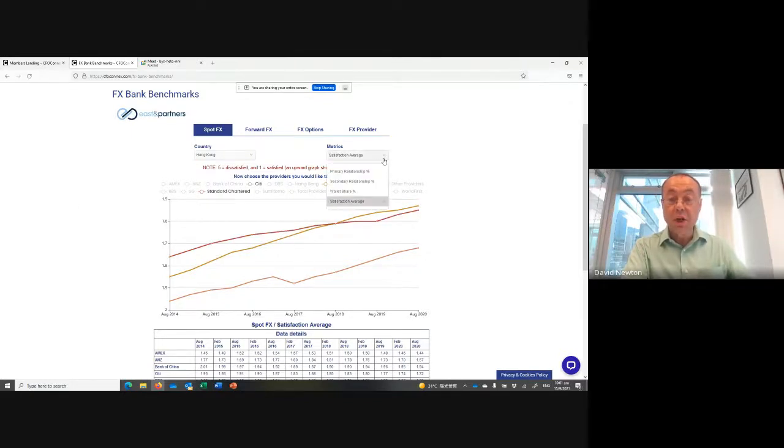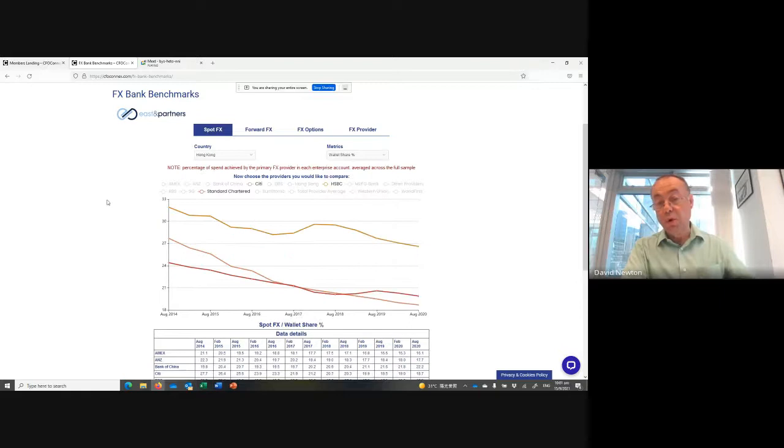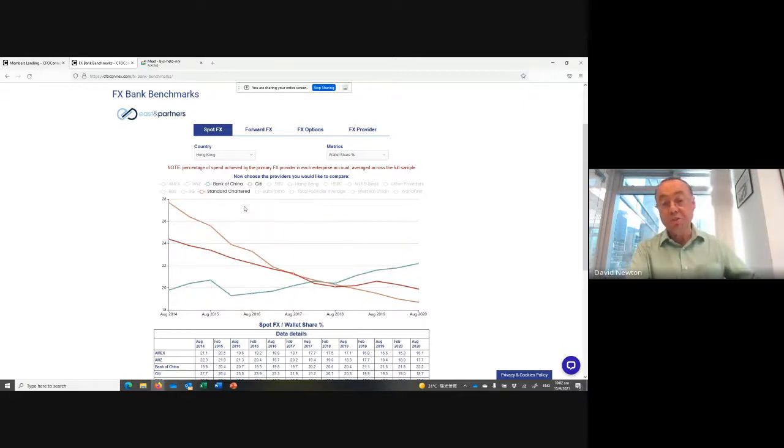If I look at wallet share, as I said before, this is generally a downward trend. If I add Bank of China, you can see that their trend is going up, which is a little unusual. It's a bit more obvious if I take off HSBC and the axis changes a bit. But the point with this is really that you have a rich data set, and normally what happens with market